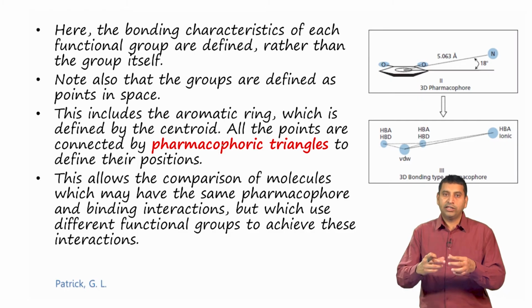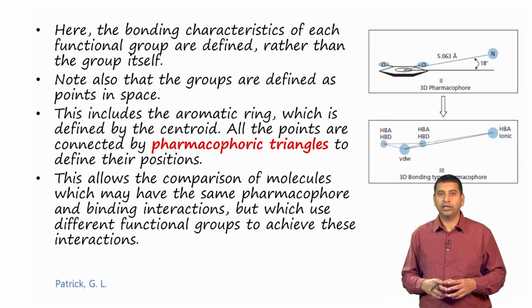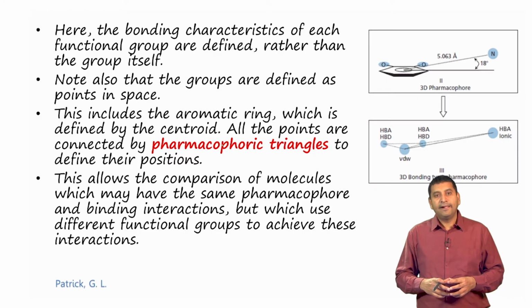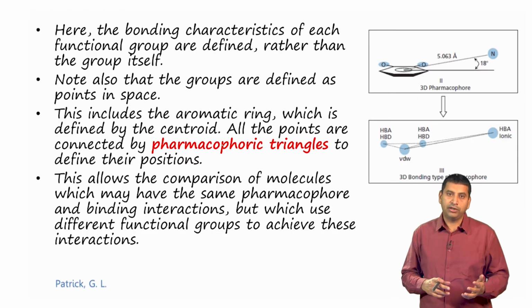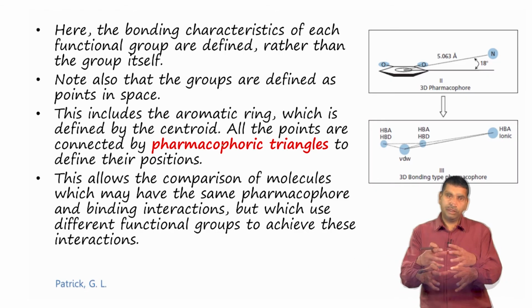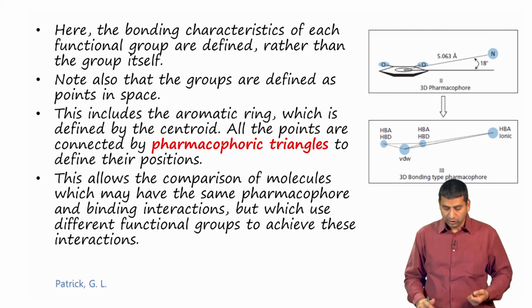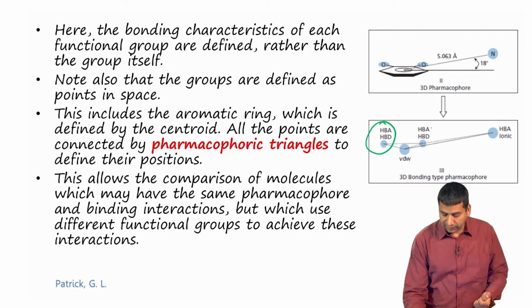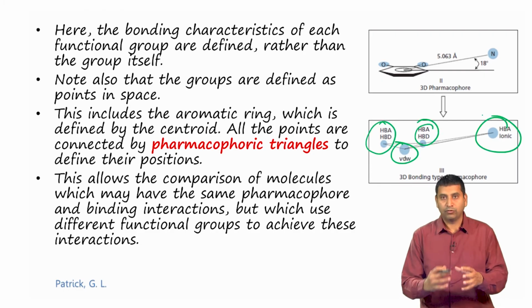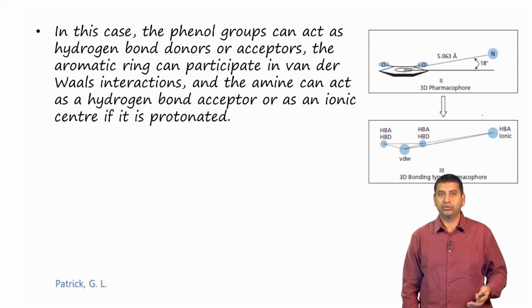And now one can start drawing triangles among these three groups, which are known as pharmacophoric triangles. Okay. And it allows us to compare across, let us say, a library of molecules. So, when we define these triangles the way we have done it, it is now possible to take another library of molecules and look for these specific interactions being present in this format. Okay. And then we will hypothesize that these are likely to have some drug like molecules.